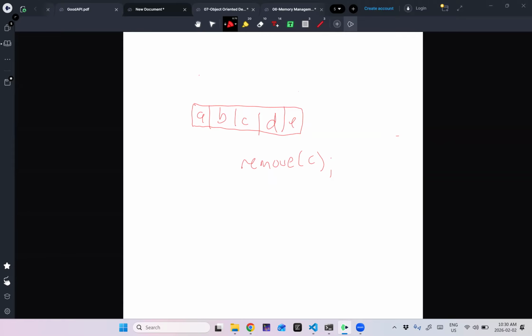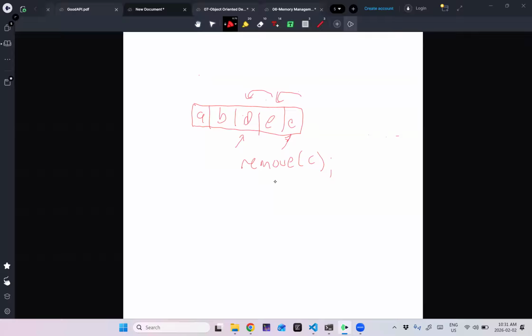Here, if I started at the back, well, then I would copy E over here, and that would overwrite D, and then I would copy E over here, and that would overwrite C, and then whatever was last in my list would be replicated up to the thing I wanted to delete. So in your add and remove, although they are similar, you have to be careful of the direction that you're copying things. So I want to start at the index itself, and then I want to copy D over here, and then I want to copy E over here. And then I can leave the old version of E there. It'll get overwritten later.